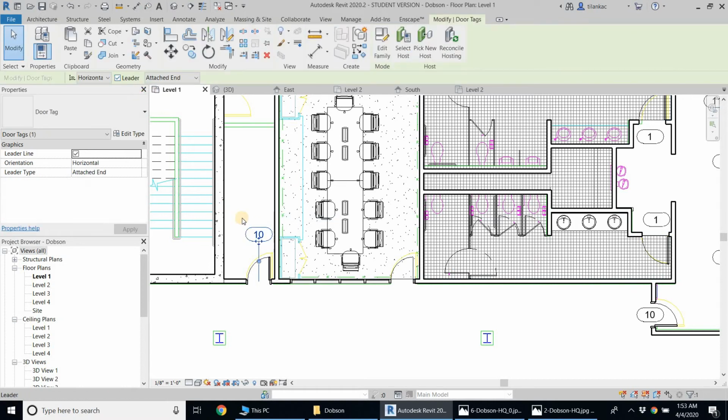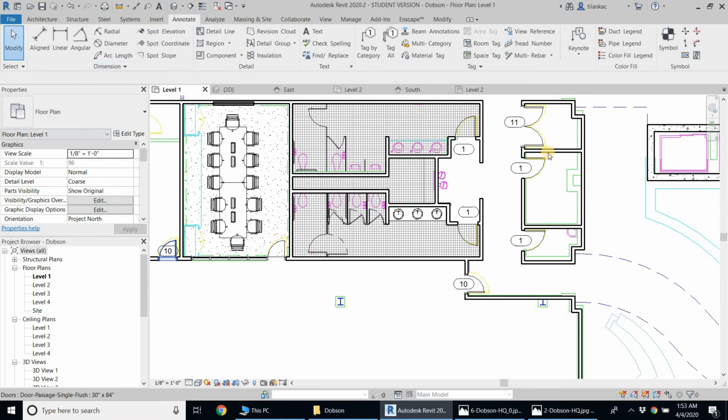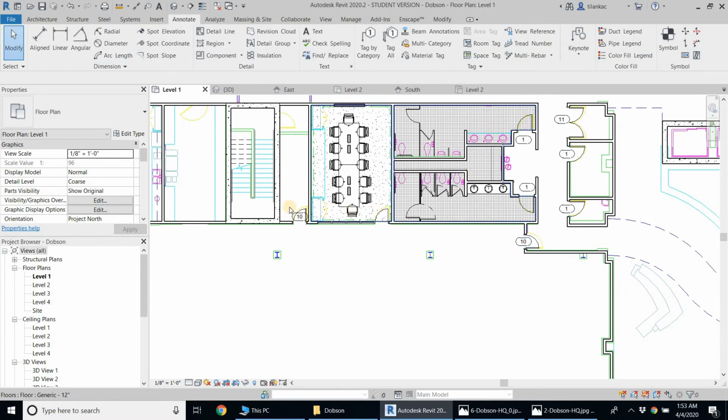We don't want the leader. And let's move this somewhere there. Alright, so we have the dough tags placed,